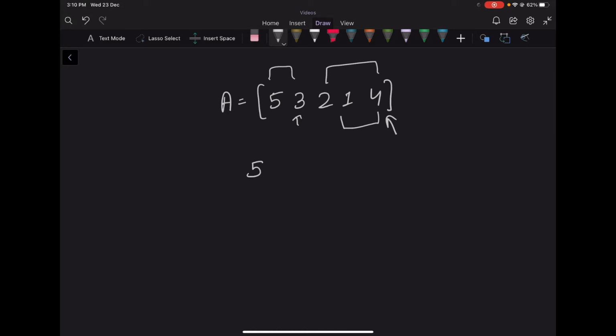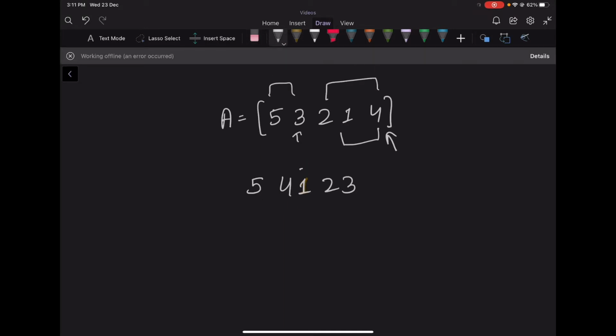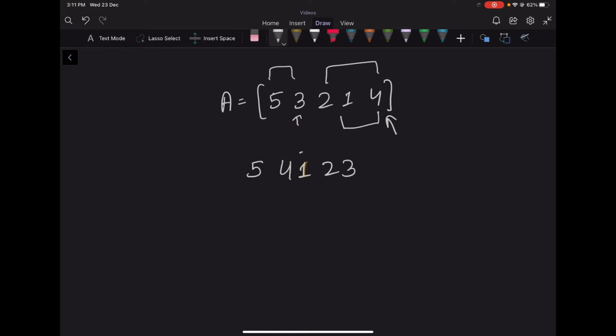So now we will take a suffix and reverse it. So it will have 4. Now is it beneficial to take 1? So we can also take 1 as well. So instead of saying that we are reversing the suffix, we can say that we are taking elements from last. Now as you can see, 5, 4, 1 will be lexicographically greater than 5, 4. So it will be better to take 1 as well. So 5, 4, 1, and similarly we can take 2 as well. So 5, 4, 1, 2, and 3. So from this you can observe that our algorithm is, as long as the prefix contains an element greater than the last element, we will keep taking it, and finally we will take the remaining elements in reverse order.